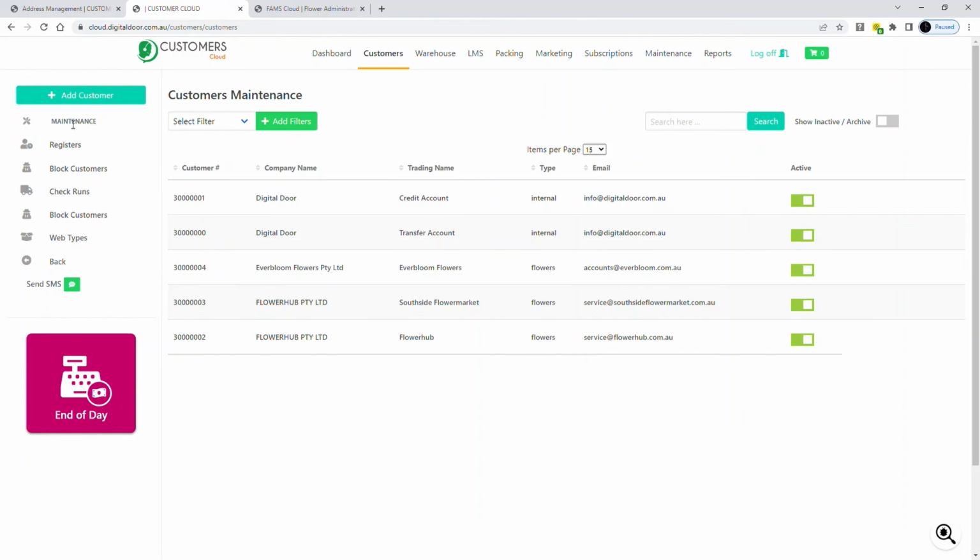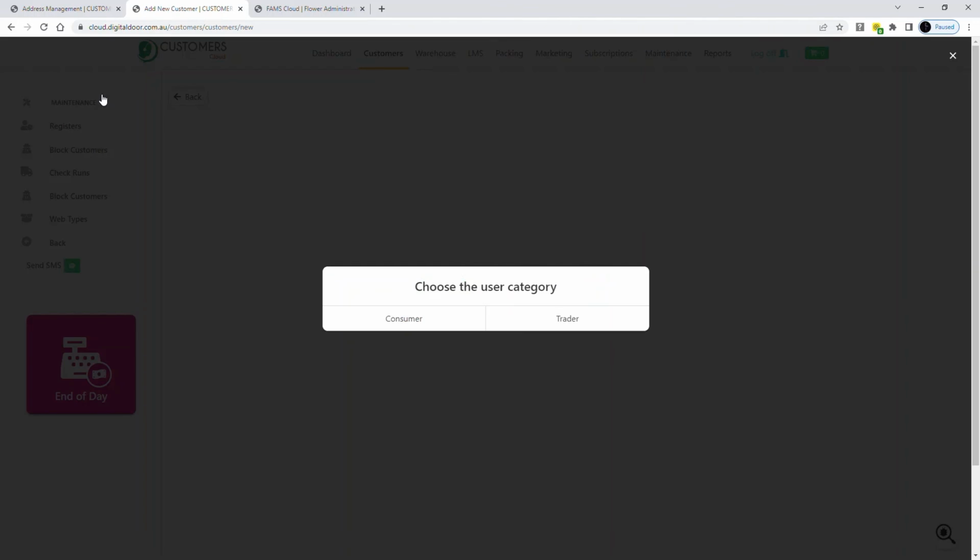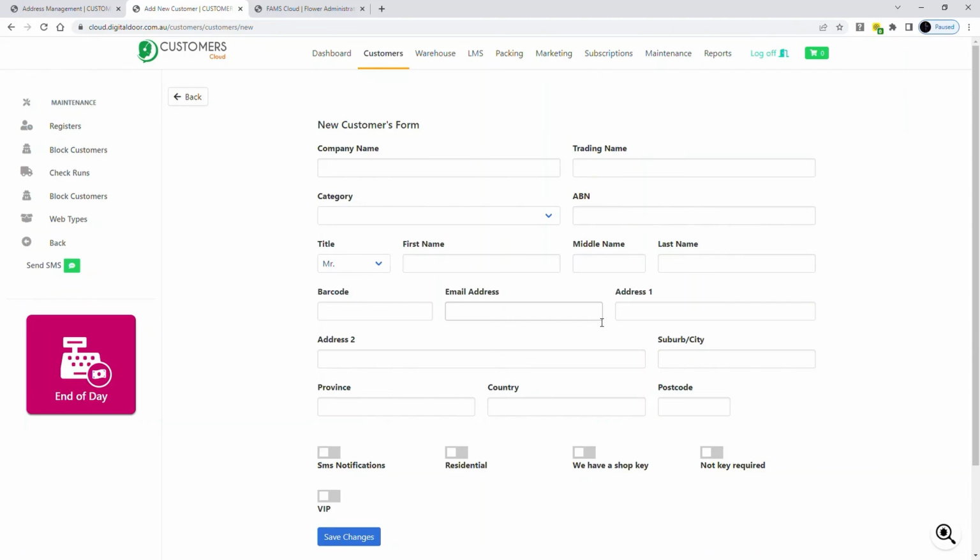Now again, you can look into these to find out what each one of these means, but the big button over on the left here, if you need to add a customer from scratch, you can of course do that by clicking Add Customer. In the Add Customer, you choose whether a consumer or a trader, so you can segment your customer base. In this case, I'm going to put a trader. Very straightforward: customer, trader, category. Now in the category, it might just be a flower business type of customer, ABN,